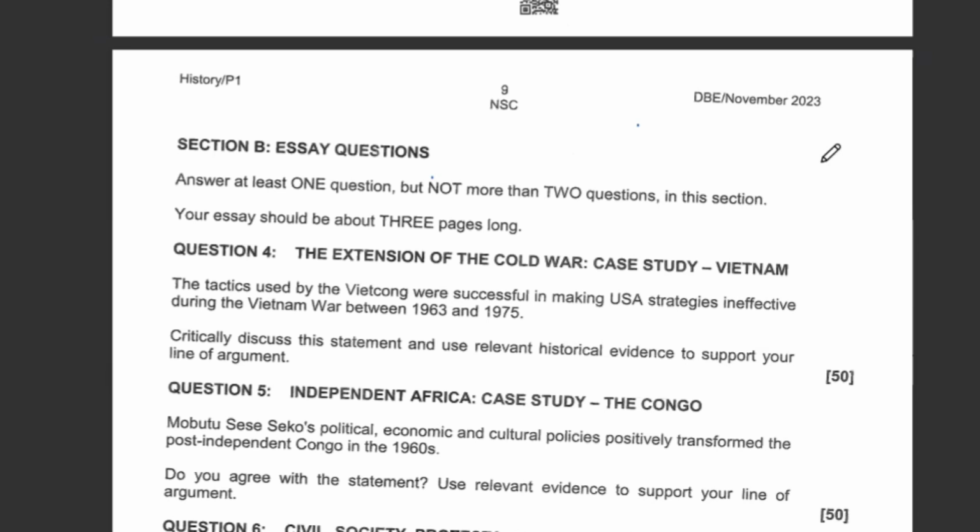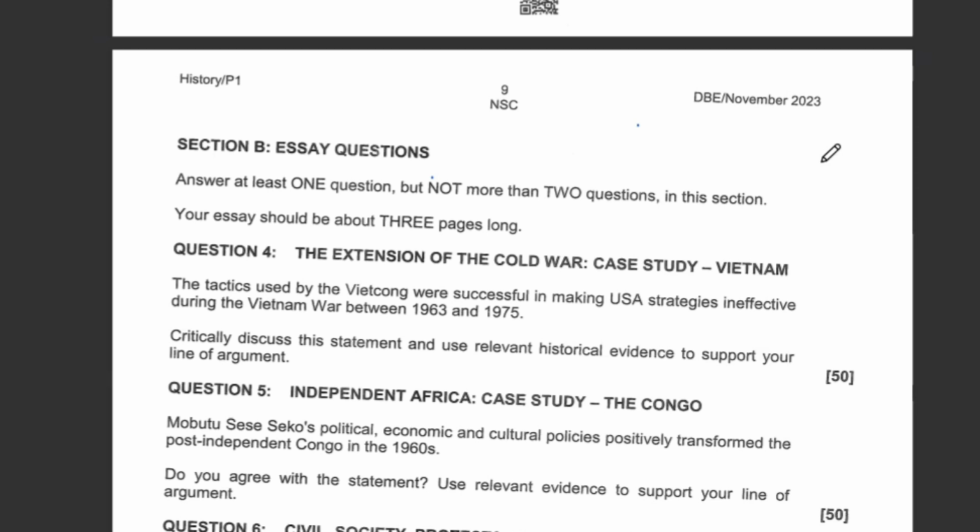The tactics which we have mentioned here are the use of guerrilla warfare tactics and the use of underground tunnels. We have also mentioned the use of neighboring countries, and the Viet Cong using the Tet offensive as some of the tactics employed in the Vietnam War. And we have given an orientation to the reader on what they should expect in the essay, what the essay is going to elaborate on. We have shown them that the essay will examine how Vietnam tactics weakened USA strategies during that particular war.